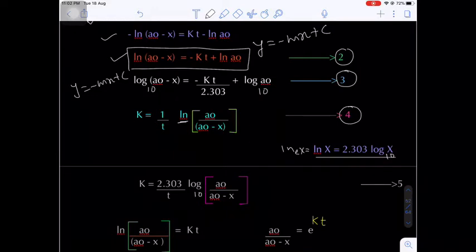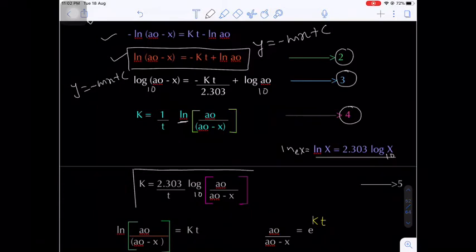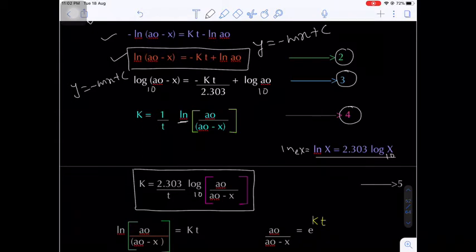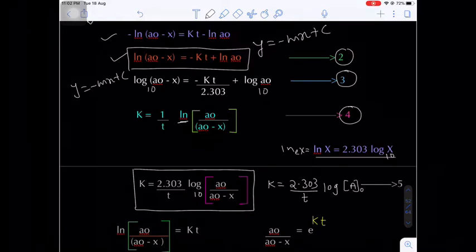So this is a very important expression. This is the rate constant expression for first order kinetics. That is, k is equal to 2.303 by t log of concentration of reactant initial divided by concentration of reactant at a time interval t, that is a naught minus x. Are you getting my point? This is a very important expression. So this expression we have to remember regarding problem solving.